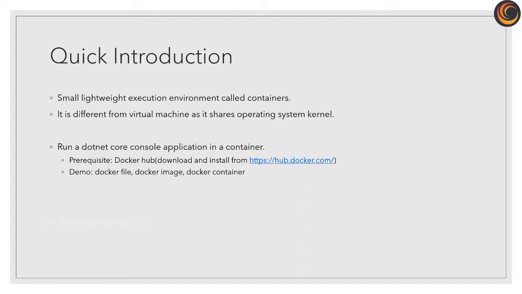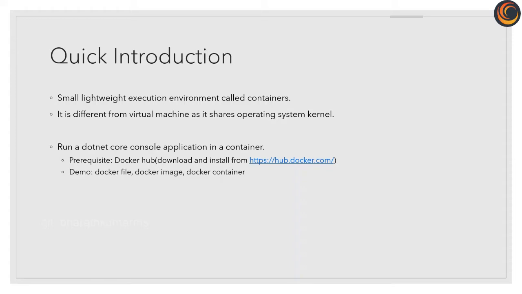First, you need to download and install Docker from hub.docker.com in any environment. I'm using Windows 10 in this example and have already installed the hub. Then we will create a .NET Core console app. Then create a Docker file which contains instructions to create our image from the Hello World .NET Core app. Then we will create the container and put it in our hub for execution.